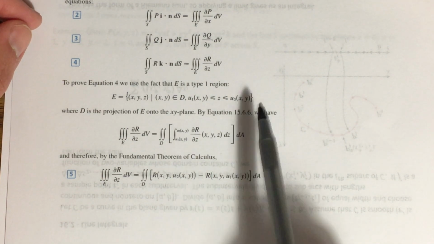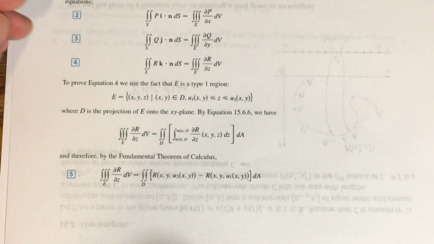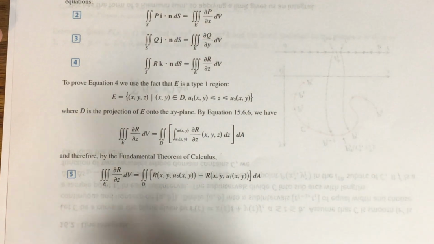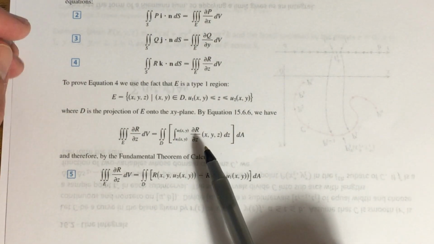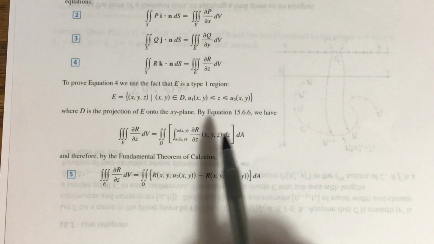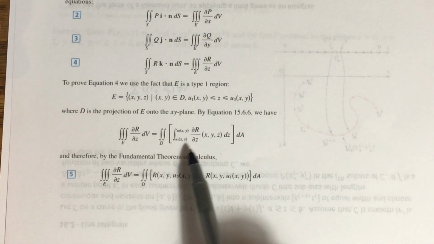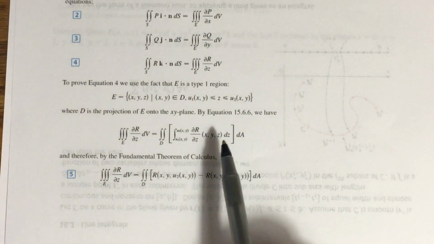U2 is going to represent the top part of that surface. I have a picture on the next page that I'll show you to point that out again. So when we talked about evaluating triple integrals of type 1 regions back in 15.6, we said that if you